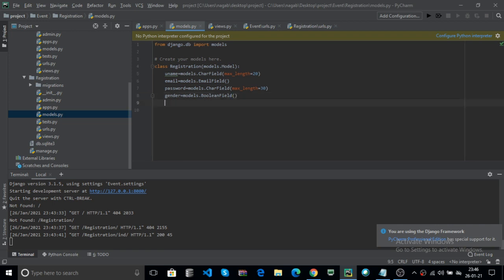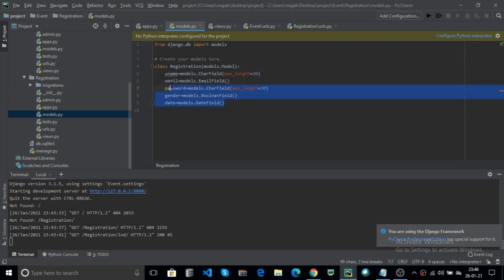Here after you can also use the date, like models dot DateField. Now these are some fields.